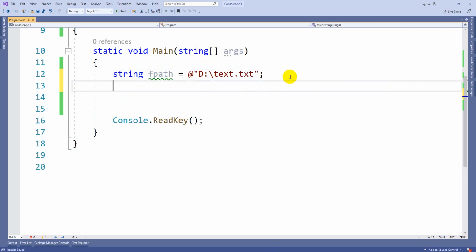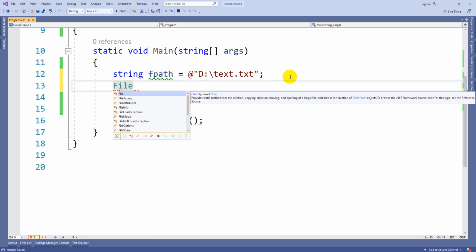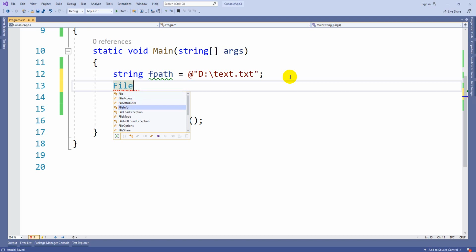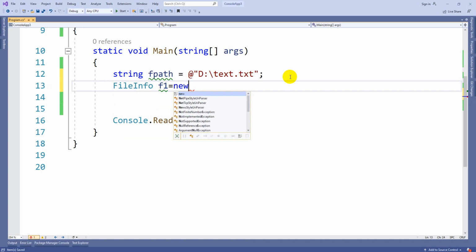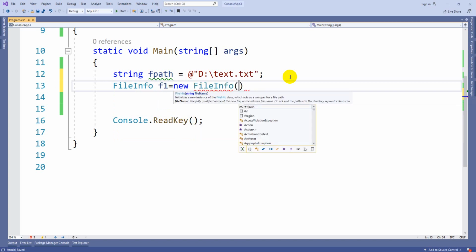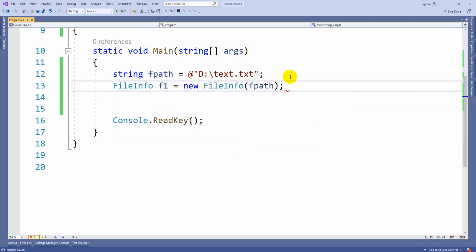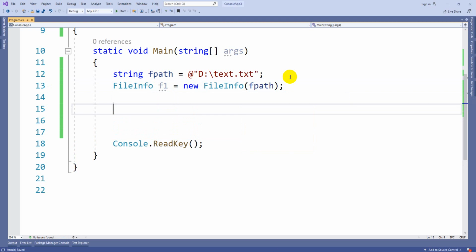This is the file path. There is FileInfo. This is a class which works with the properties. So new FileInfo of fpath. Now you can get different properties of this file.